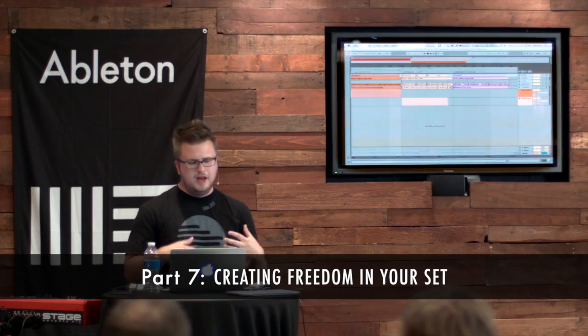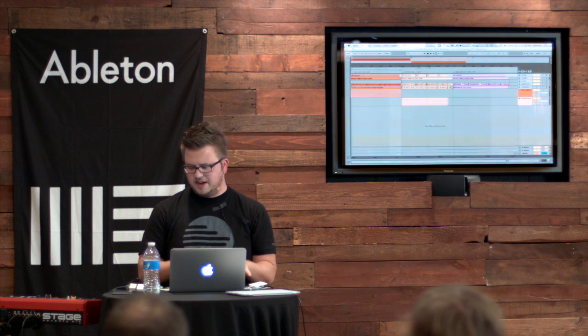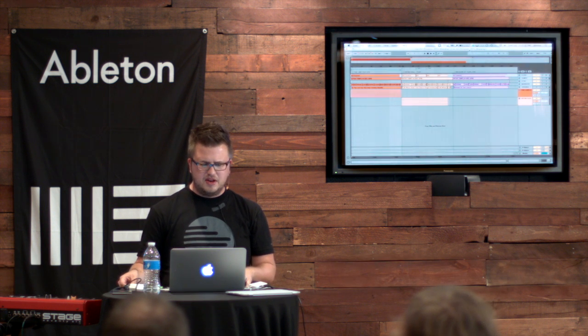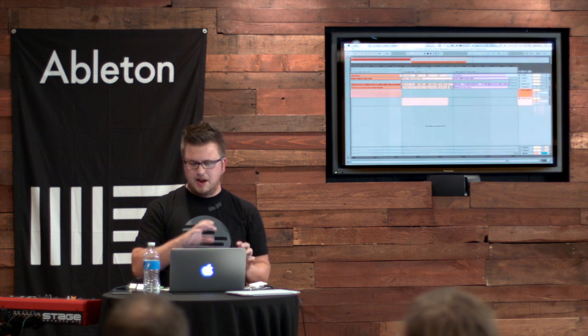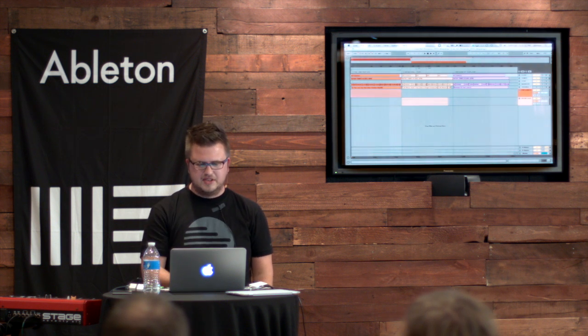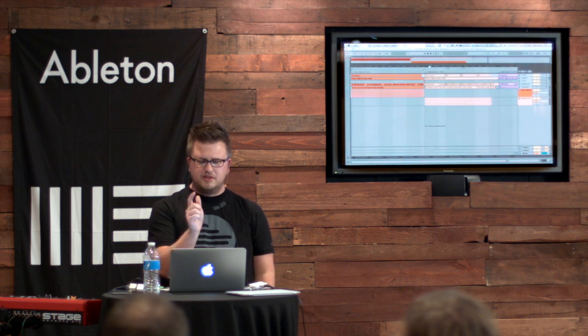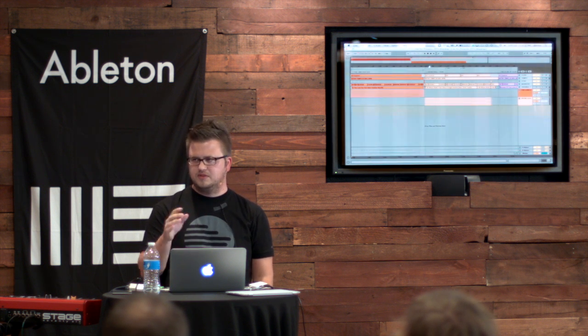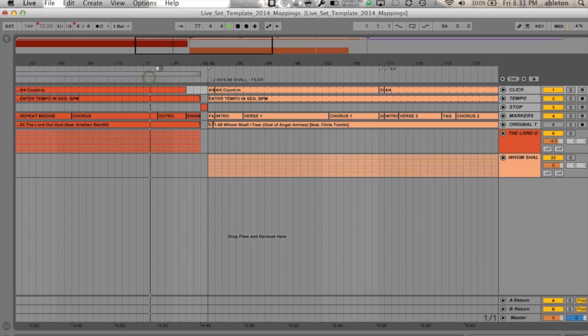Let's take it a step further, and I want to talk about how to create some freedom within our set. So this is a nice set. Everything's loaded in. My songs are loaded in. Everything looks really nice, but I want to have some freedom within this set list. So the first thing I'm going to do is try to create better transitions between song 1, 2, and 3. So if I look at this first song,